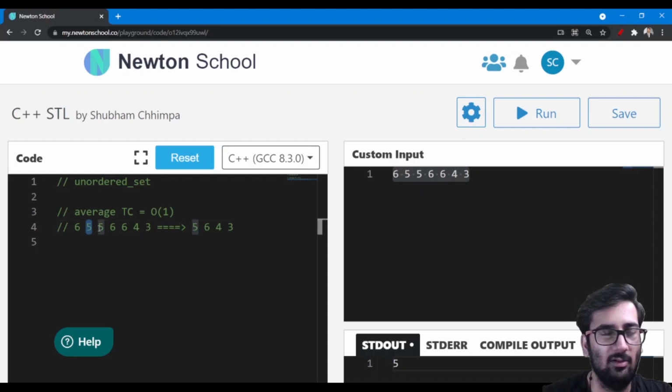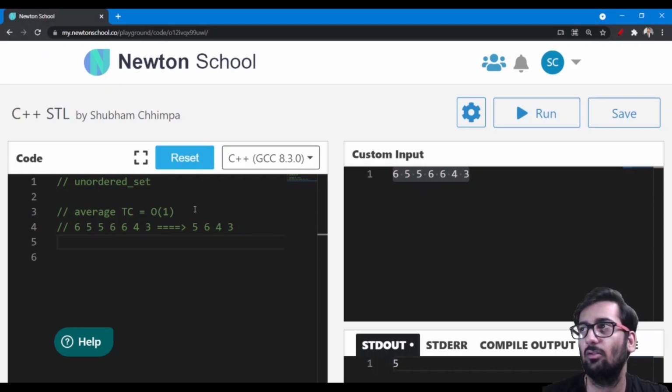It will store this 5, and then in the next iteration it will see this is already there, so it will not store it. It will also store this 6, and when it sees there is already a 6 there, it will not store it, and the rest of these 2 will be inserted. So we are going to get this. Also, if we print this unordered set, the order will not be the same as it is inserted. It can be any order, so that's why it is named unordered set. Let's see it in action and then we will discuss further.